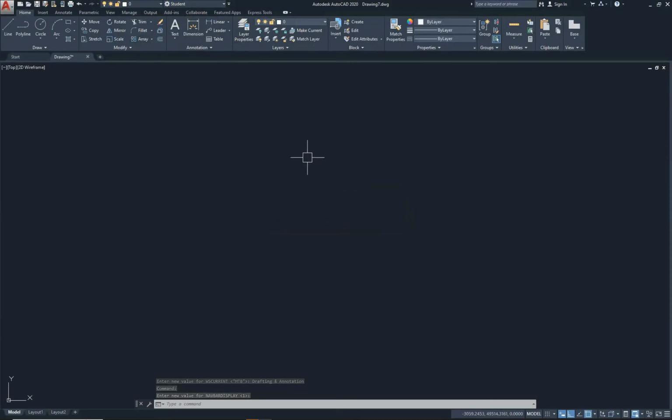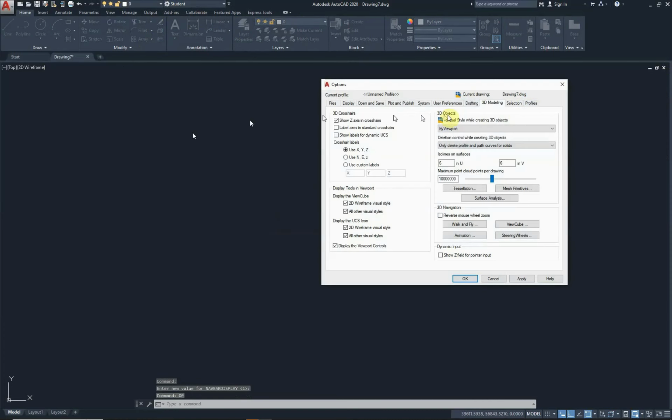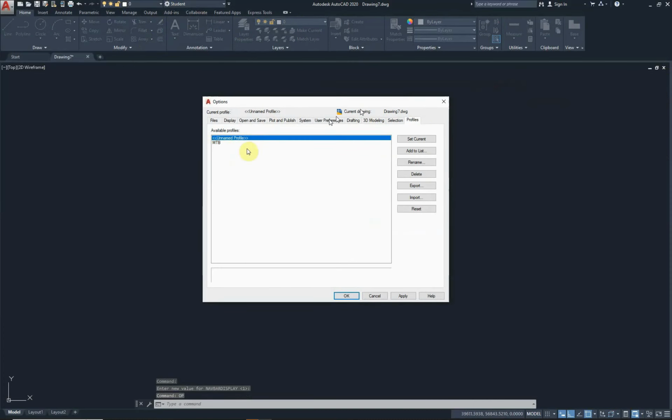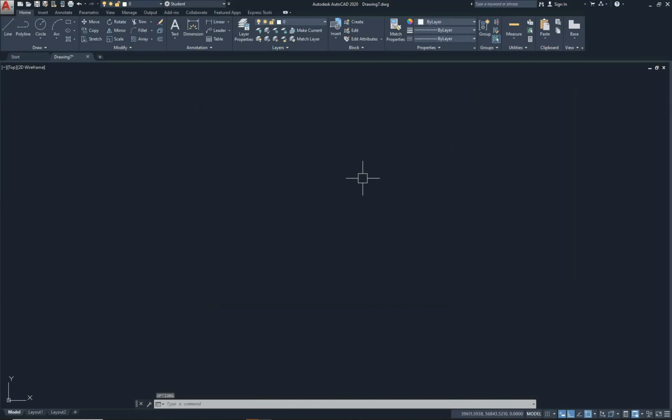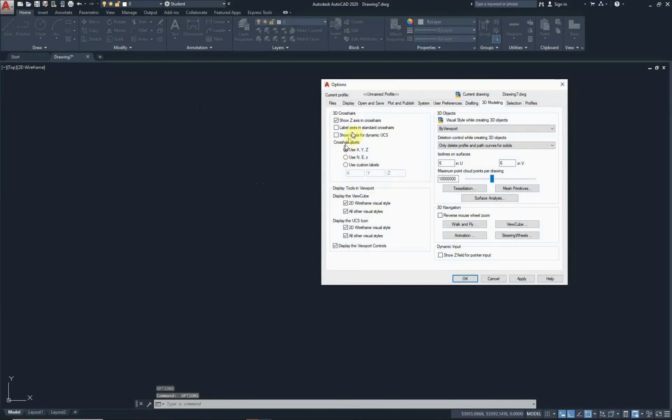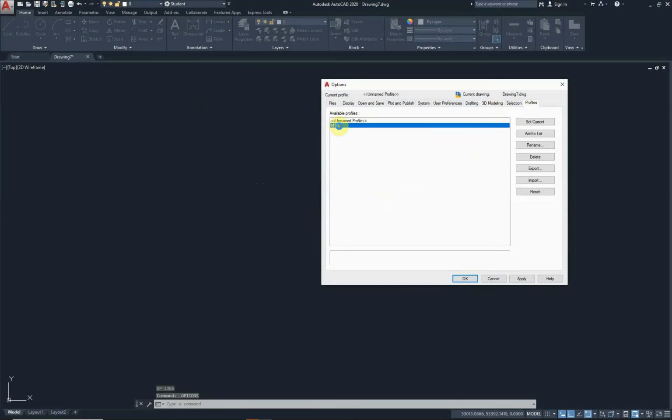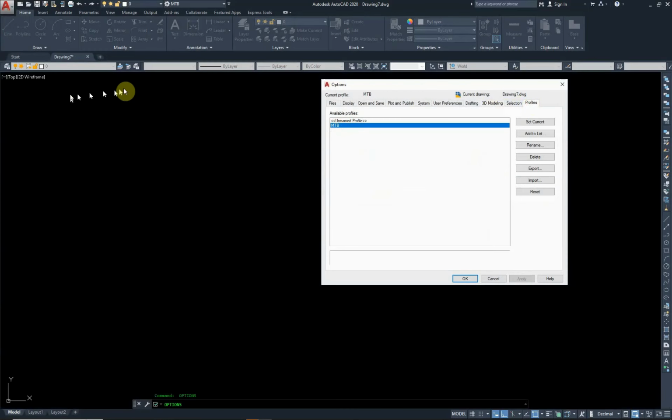All right, so now we will go to options. In options we will go to profile again. So see, now here I have two profiles. One is the unnamed default AutoCAD profile and one is MTB. If I click on MTB, you will see every setting will be changed. Let's do that. Profiles, MTB. I made a double click and everything changed. See,